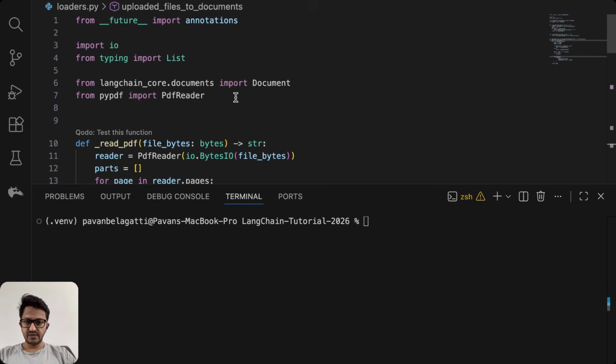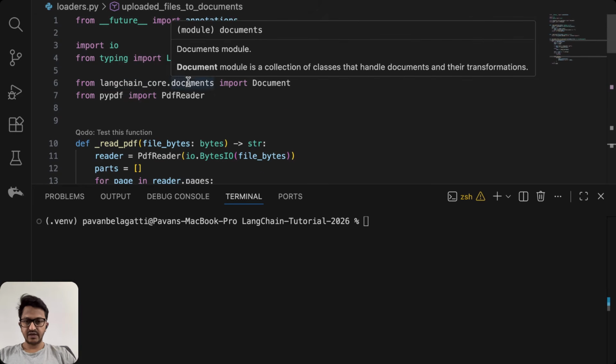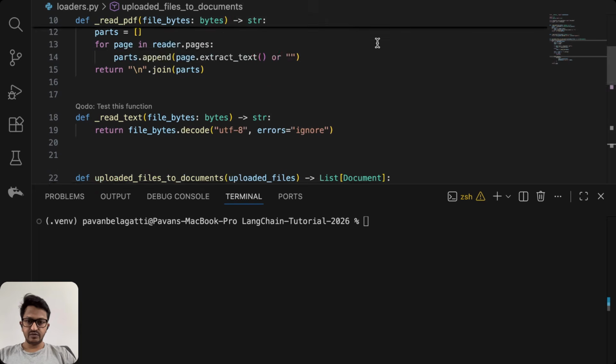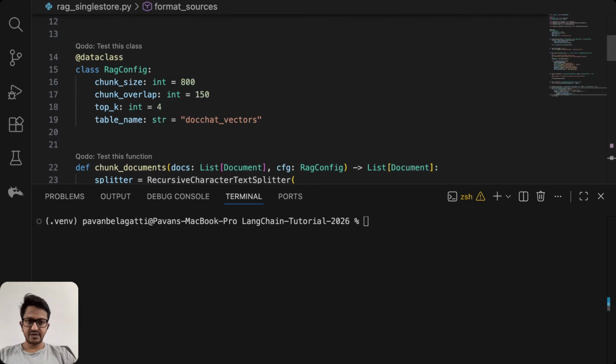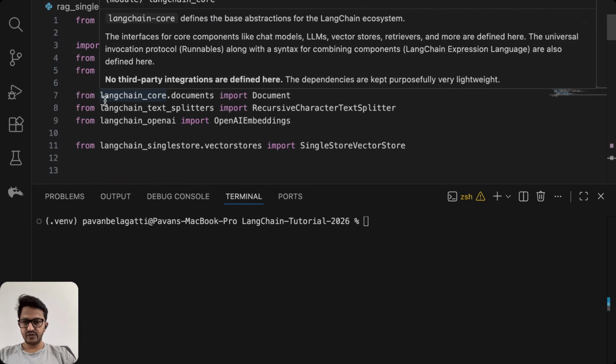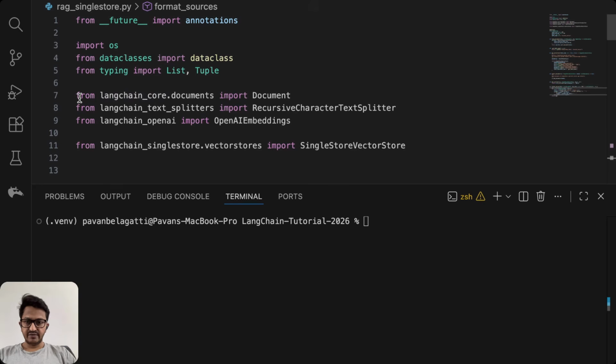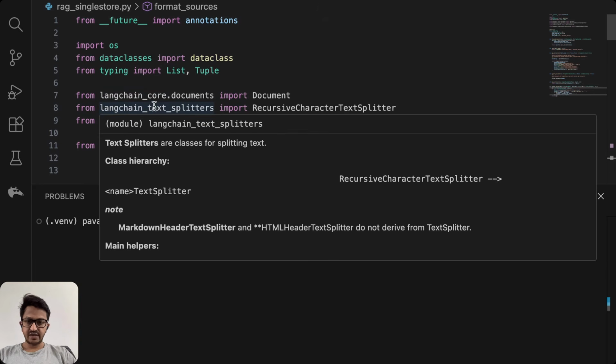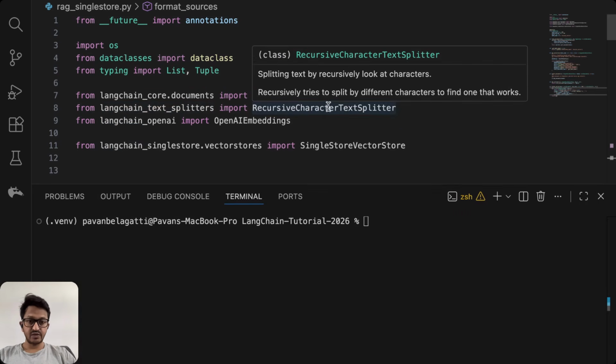So here we are using LangChain, and then if you go to rag_singlestore.py, here also we are using LangChain. You can see from langchain_core.documents import Document, from langchain_text_splitters import RecursiveCharacterTextSplitter,